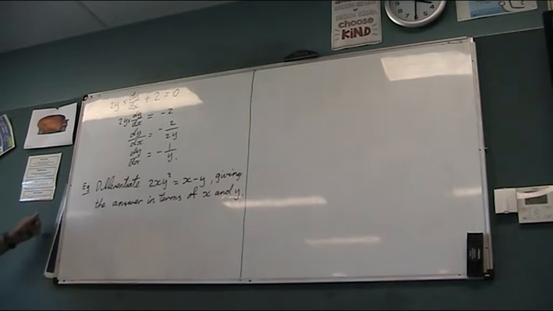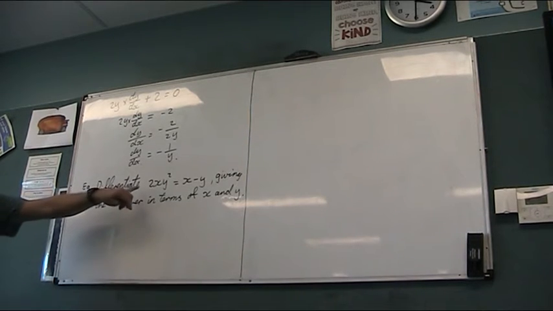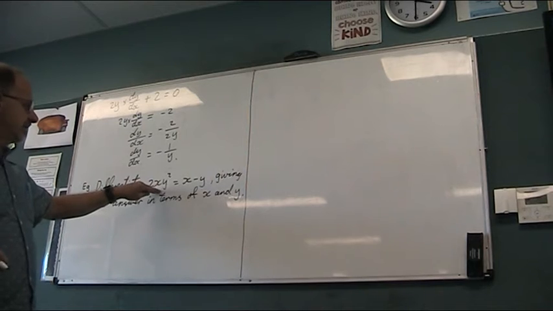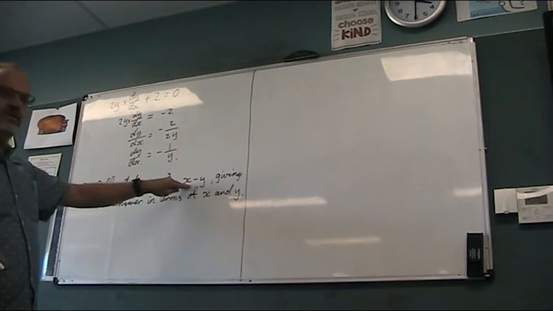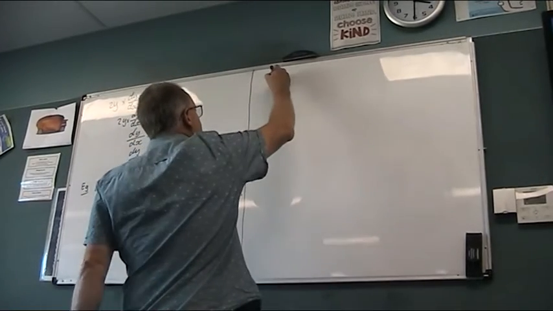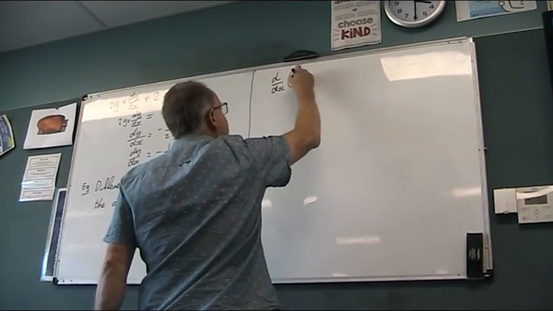Alright, just notice I haven't written down that it's differentiated with respect to x. I didn't write that in the example, which I should have. But looking at my working there, that's what I've done. So we've got to differentiate this with respect to x. We've got three parts: the 2xy squared, this x term, and the minus y term. So if I differentiate each of those terms with respect to x,